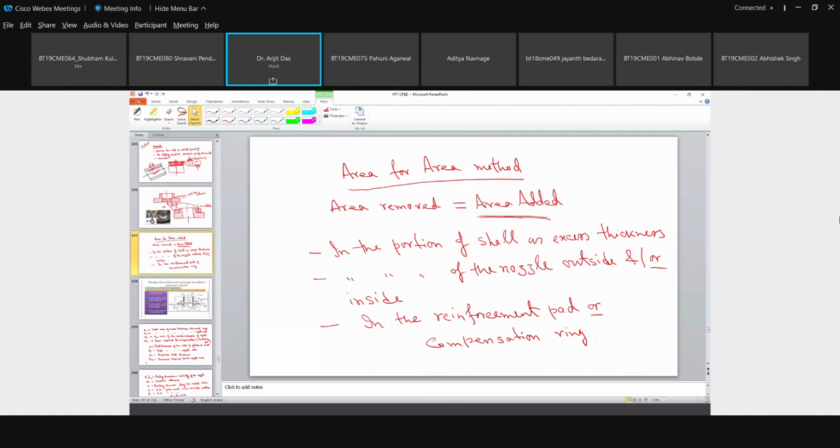Okay. Now, if the portion of cell has excess thickness, it can be provided. How can the area be added? In the portion of cell as excess thickness, in the portion of the nozzle outside, or oblique, or alternatively or additionally inside. Inside means